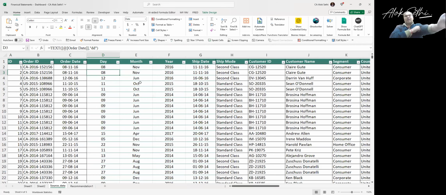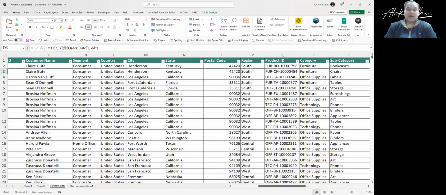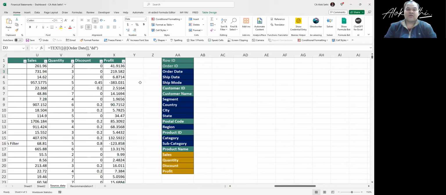Okay, now let us see what we did yesterday. Okay, so this is the data set, and this is a summary of the data. So the column double A has a summary of the data. So we have row ID, order date. This I put into colors. Okay, so the ones in the green color, the ones with the green color,